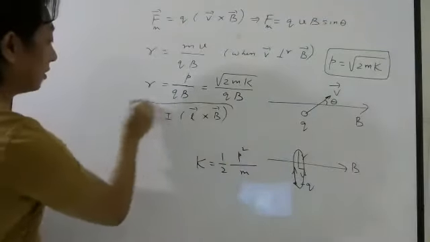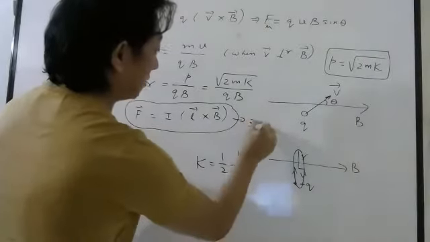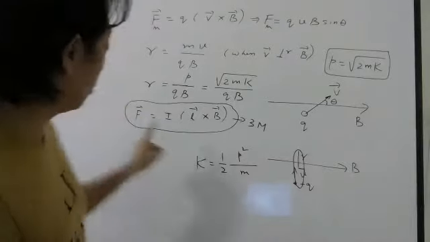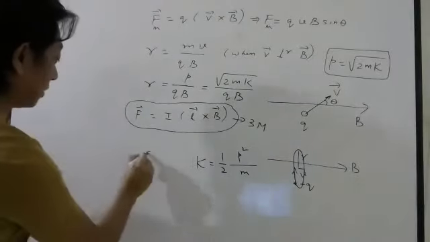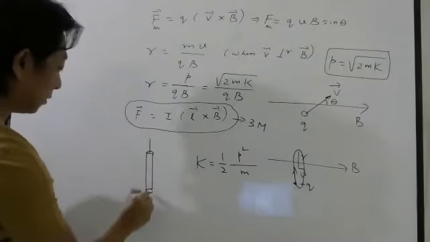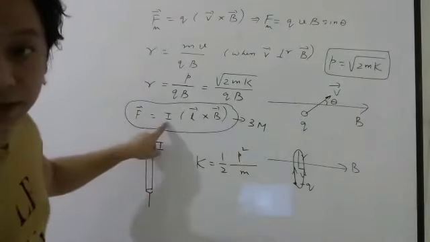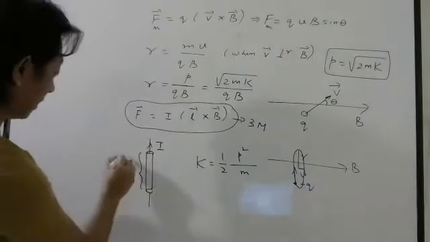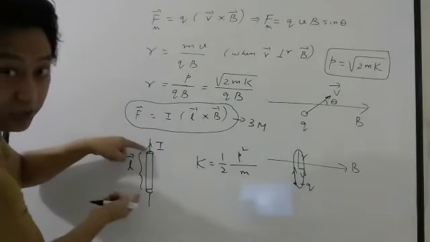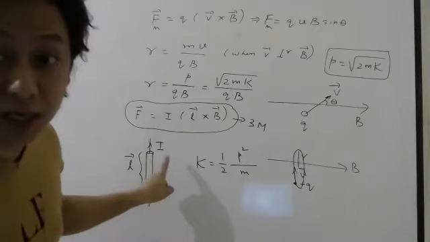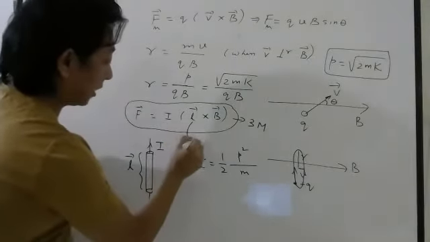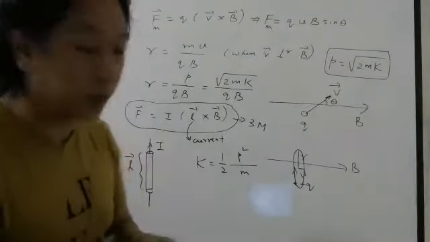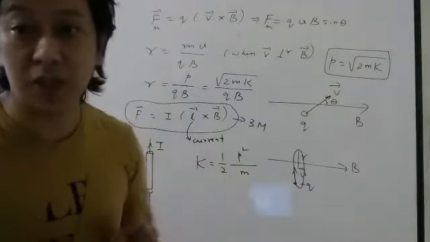Then we did this 3-mark derivation. This is the formula for force on a straight conductor. So if you have a straight conductor which carries a current I of length L, and this L bar is a vector which gives you the length in magnitude, direction is taken along the current. So this L bar is always taken along current. So wherever current is flowing, in that direction we take L bar. That is how we derived. If you check your notes.